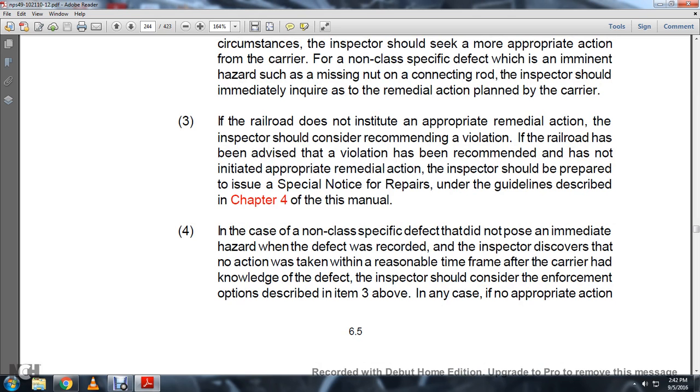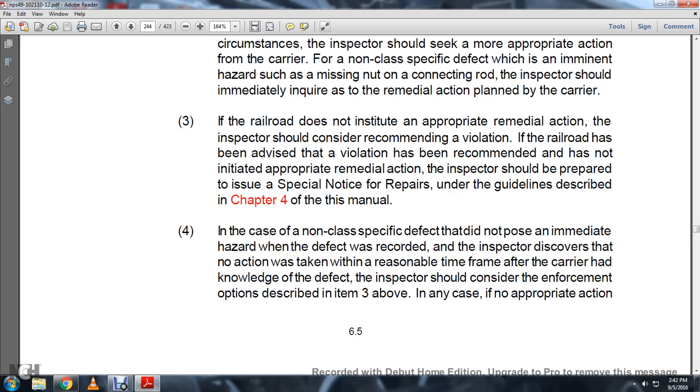3. If the railroad does not institute the appropriate remedial action, the inspector should consider recommending a violation. If the railroad that has been advised of the violation has not initiated the appropriate remedial action, the inspector should be prepared to issue a special notice for repairs under the guidelines described in Chapter 4